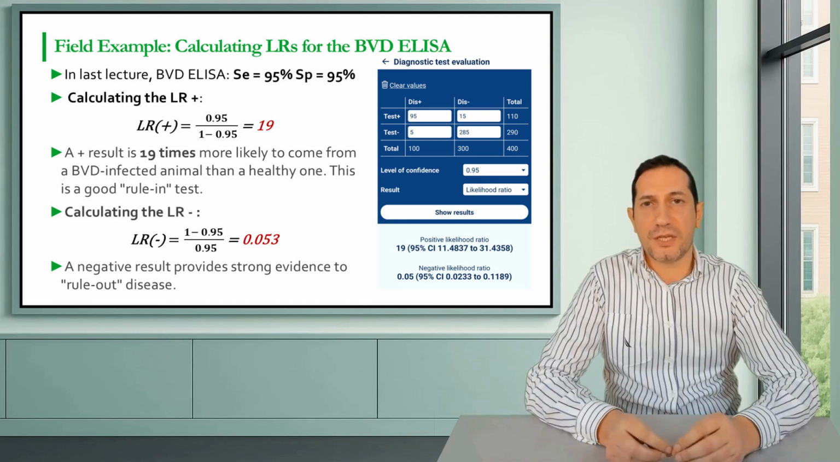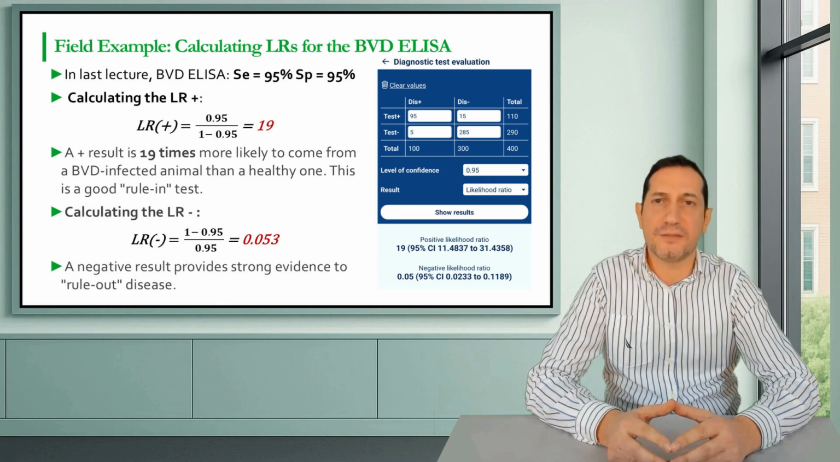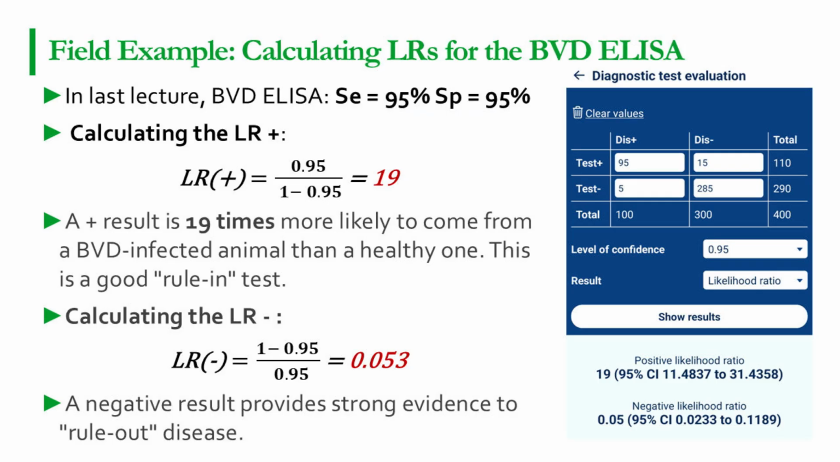Let's calculate the likelihood ratios for the BVD ELISA we validated in the last lecture. We determined its sensitivity and specificity were both 95%. To get the positive likelihood ratio, 0.95 divided by 1 minus 0.95, which is 0.95 divided by 0.05. The result is a positive likelihood ratio of 19. This is a fantastic number. It means a positive result is 19 times more likely to be seen in a truly infected animal than in a healthy one. Based on our rules of thumb, a positive likelihood ratio greater than 10 provides very strong evidence to rule in